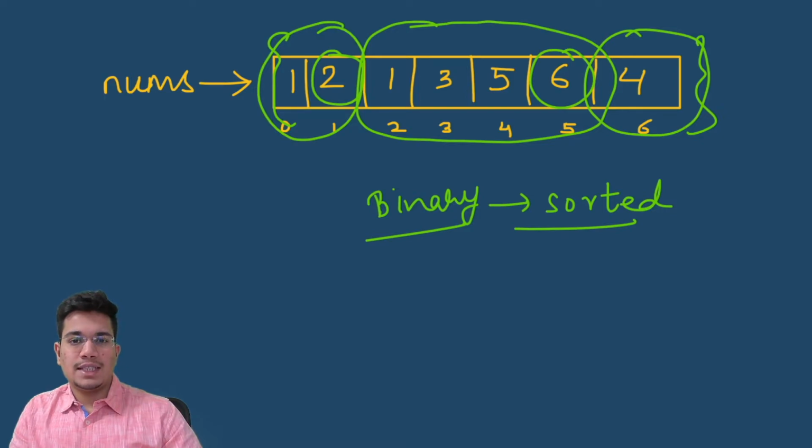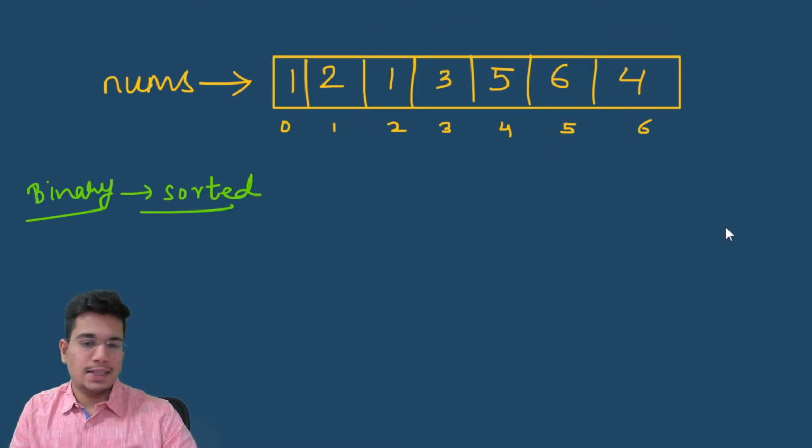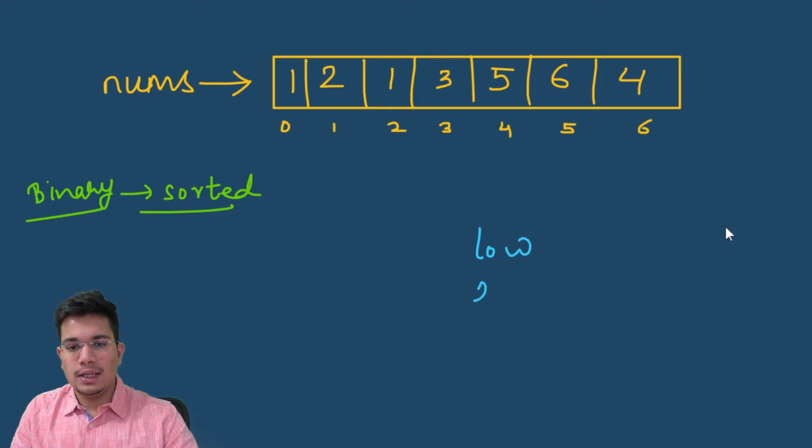So once we have this sub-array or sub-segment which is sorted, we can think of some logic to apply binary search and to go towards either the left half or right half depending on some condition. That is, we are again breaking the array into 2. So let's try to think of how we approach this question and what is the intuition behind applying binary search for these sorted sub-arrays. To have a logarithmic complexity and to start applying binary search, we'll again start with 2 pointers called low and high. My low pointer in the beginning will point to my first index, which is 0, and high to my last index, which is 6.